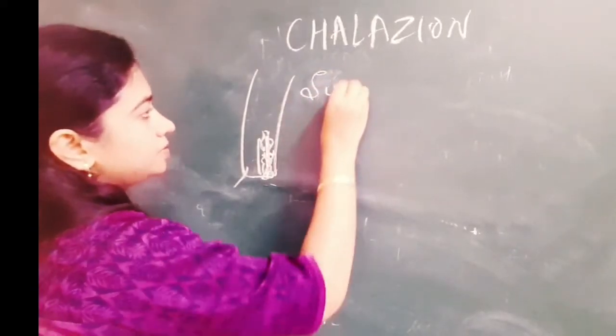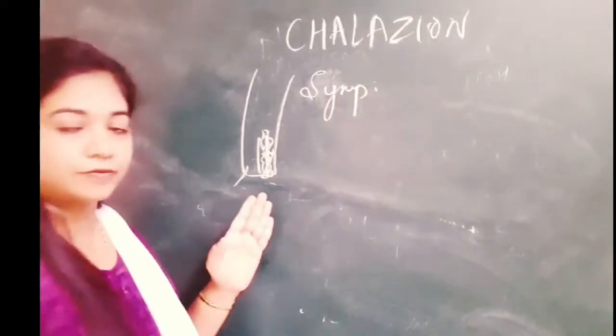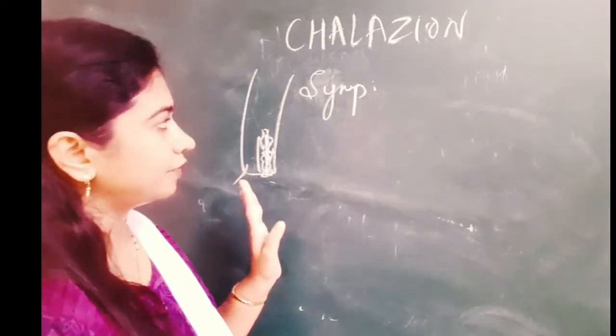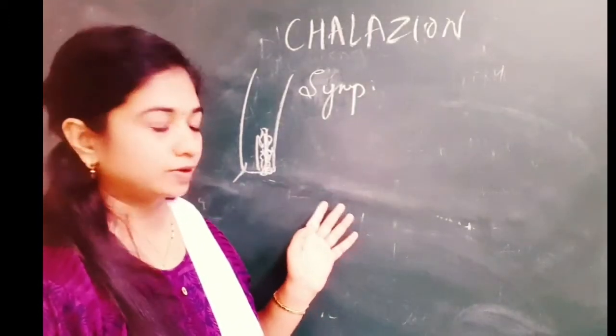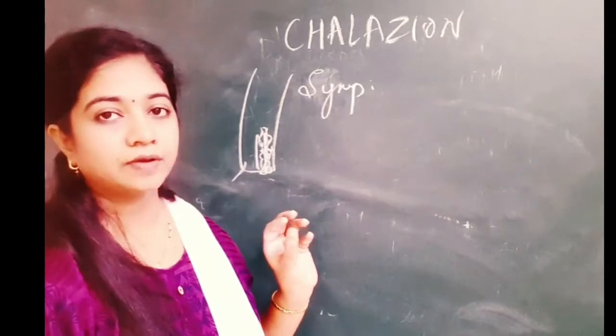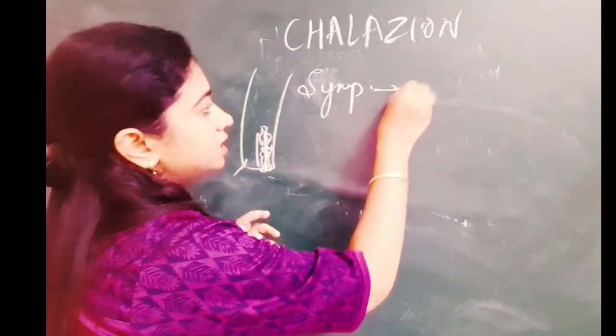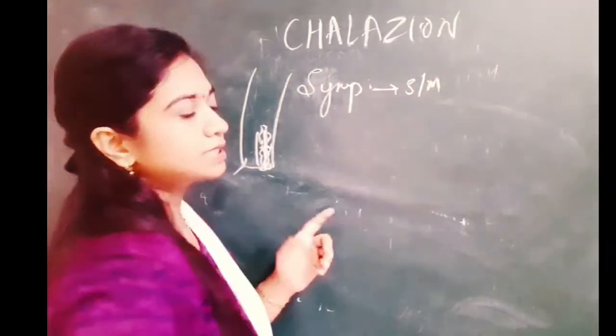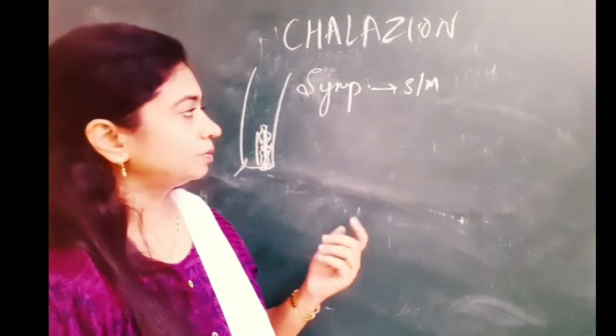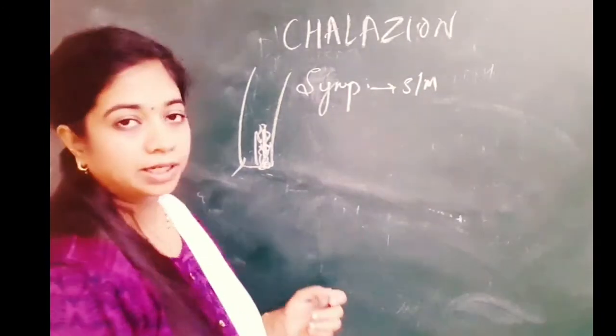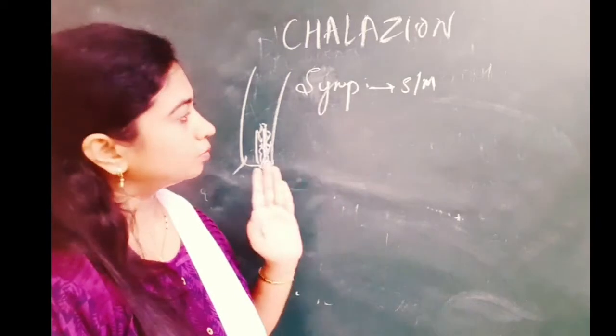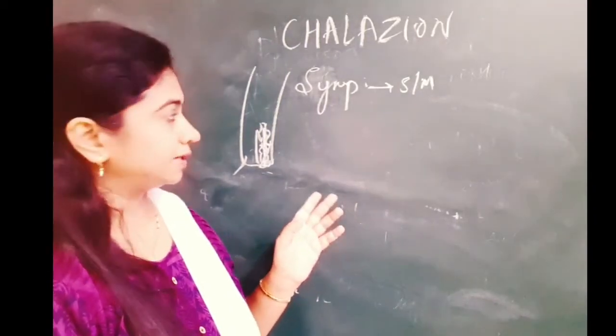So coming to the symptoms, again see the pathophysiology. It is not acute infection, so there is no question of acute inflammatory signs, but the patient will have a swelling which can be single or multiple, which is there for more than weeks or months silently, on the upper eyelid more commonly because of the more number of the meibomian glands there.